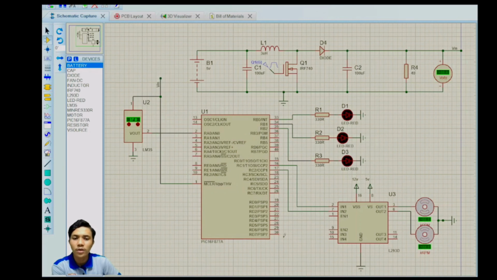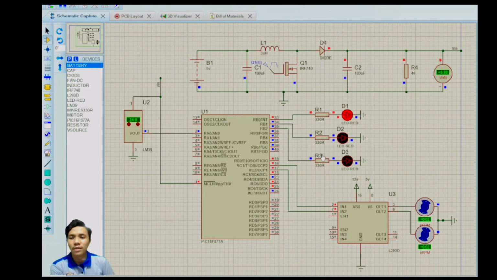Okay, so here we're going to test with a lower temperature, which is 24 Celsius. Okay, so let's go. Now here you can see that 1 LED is turned on, which is D1 connected to RB0, and we can also see that the motor starts to gain more power and rotation. Now we're going to test the second condition, which is higher than 25,